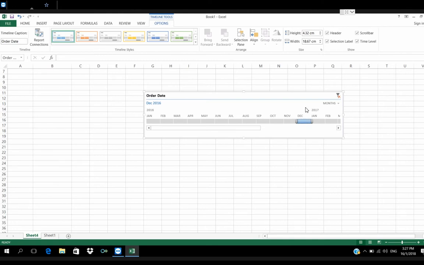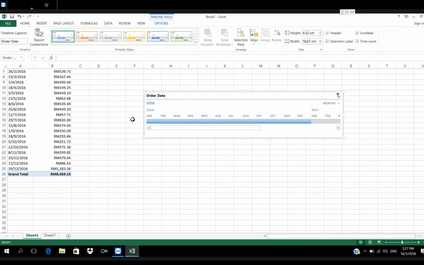You can see I don't have data until 2017. I only have 2016 data.